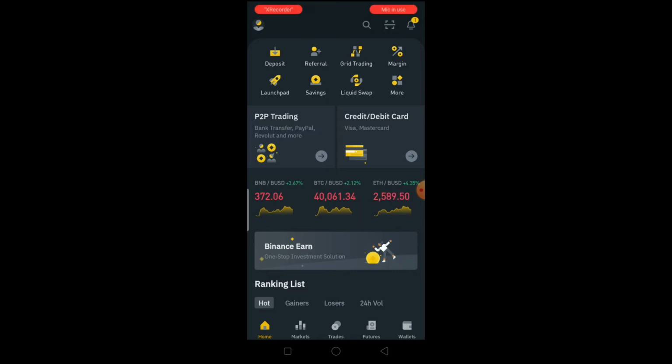Hello everybody, and in this video I'm going to be showing you guys how you can change Binance currency. It's pretty simple to change Binance currency, but before I show you guys how you can change your